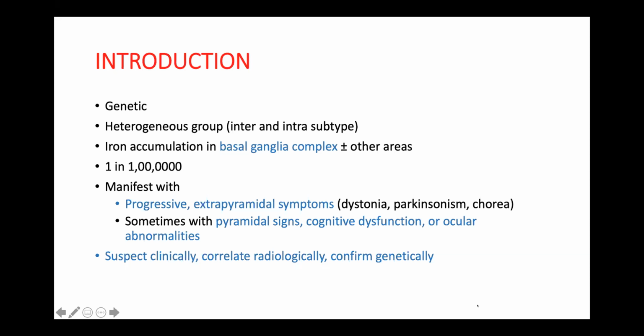The main entry point here is iron accumulation in the basal ganglia complex, plus or minus other structures. It is extremely rare: 1 to 3 per 10 lakh population is the incidence of this disease. They manifest predominantly with progressive extrapyramidal symptoms. Dystonia, Parkinsonism, chorea, all forms of extrapyramidal symptoms can be seen, at times with pyramidal signs, cognitive dysfunction or ocular abnormalities. So when you suspect clinically, correlate radiologically with the iron deposition and then confirm genetically to narrow